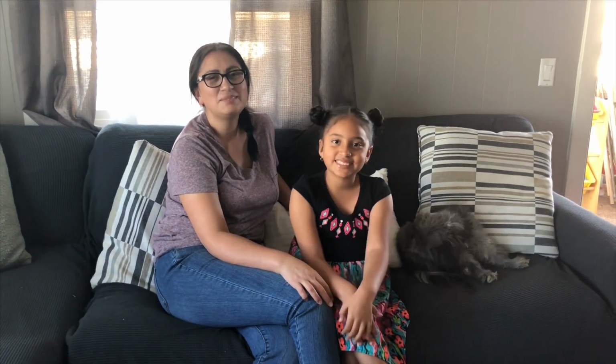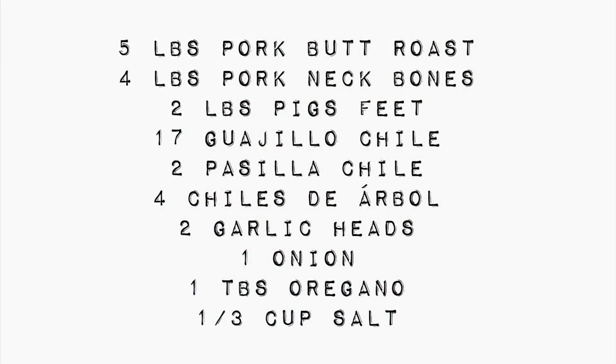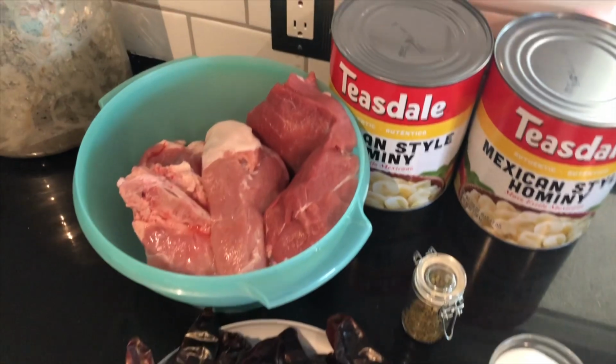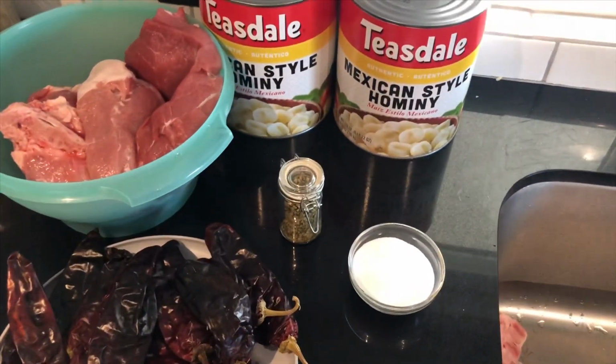Pozole? Pozole is Mexico's most traditional soup, so if you would like to learn how to make it, vamos a la cocina. Okay, so for today's ingredients, we are going to be using pork, dried chilies, onion, garlic, bay leaves, oregano, salt,